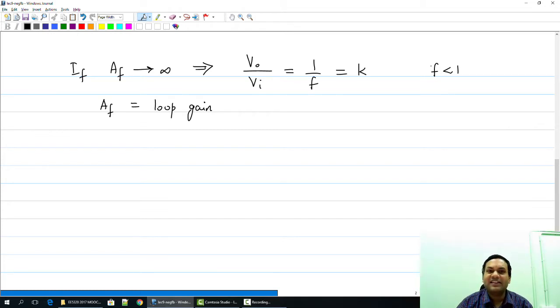Now this definitely looks good. Now what happens if you have systems that are frequency dependent? So we will club all of these together and assume that it is only the forward block that is frequency dependent.